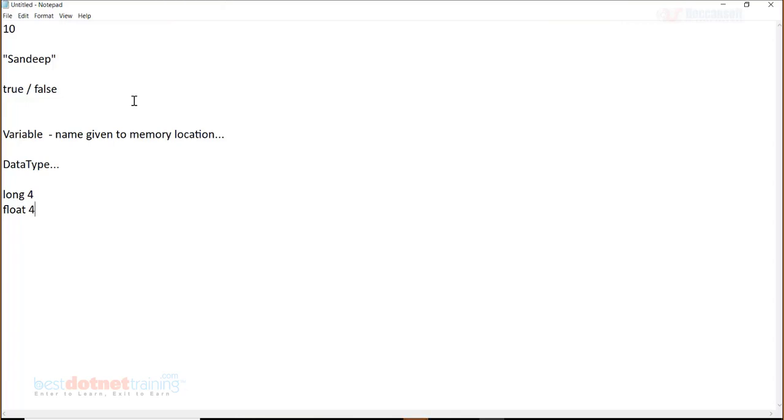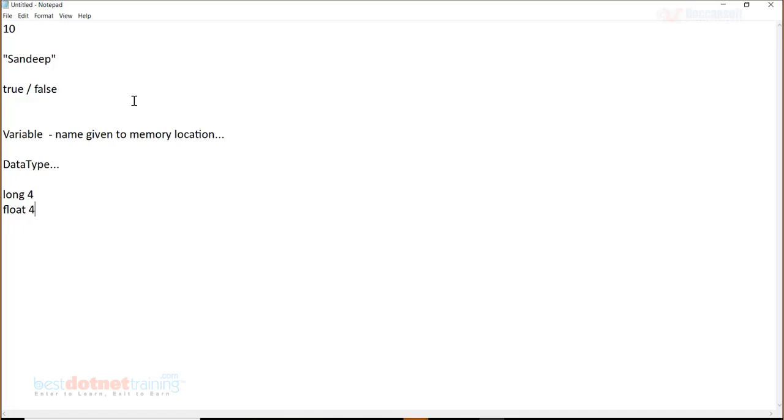So can size alone be the criteria? No, it cannot be. It cannot be that I want 4 bytes of memory, so I'll take long, or I want 4 bytes of memory, so I'll take float. Guaranteed there is some difference between float and long.